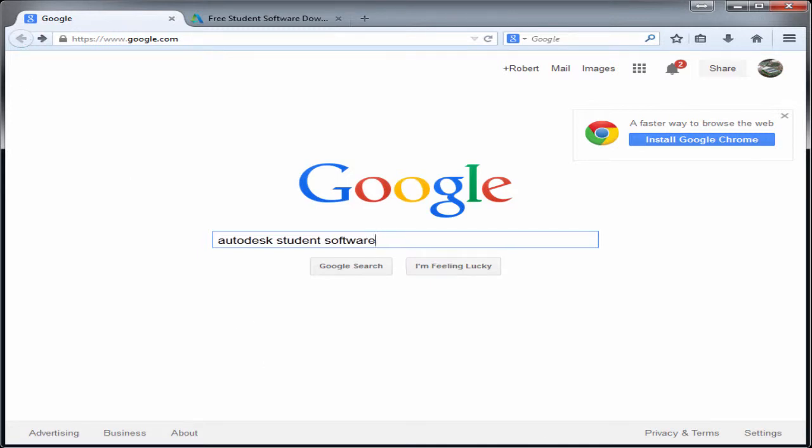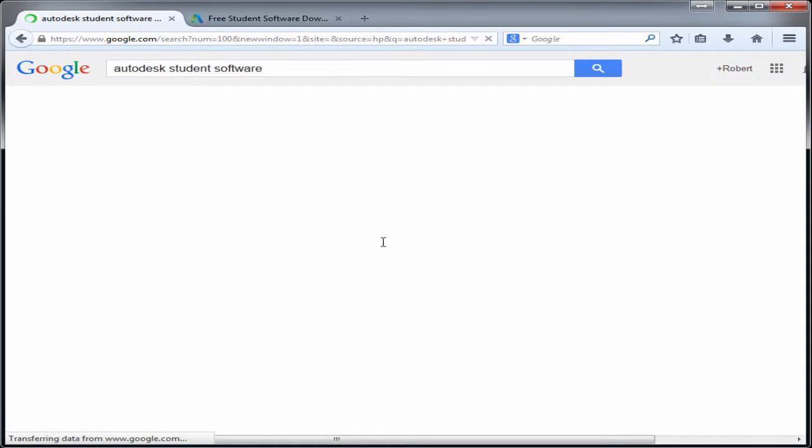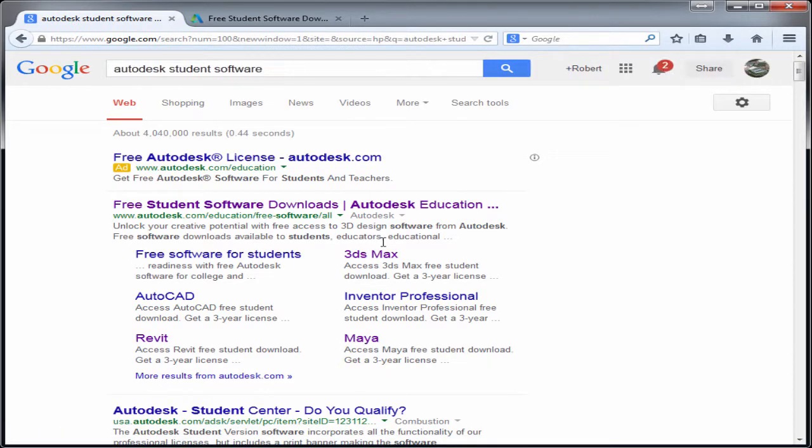Okay, so I've brought up a web browser here and went to Google, and I typed in Autodesk Student Software. I find this is the easiest way to get to the Autodesk education community as opposed to having to try and remember and type in a web address. The first option under the ads should be this autodesk.com education free software all. So go ahead and click on that link,